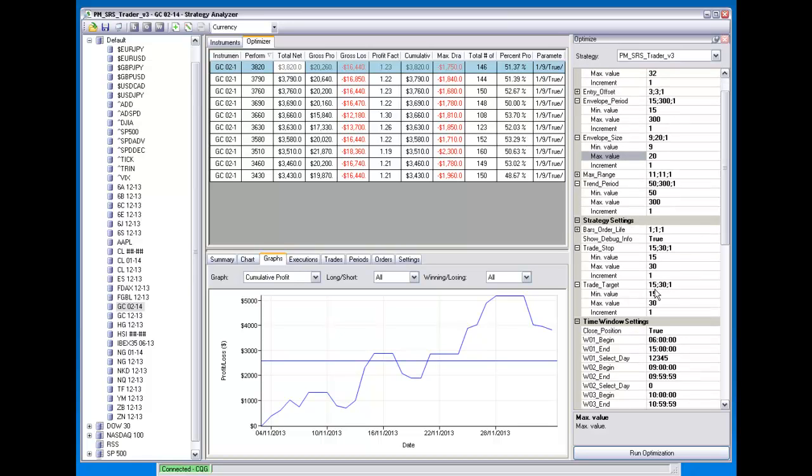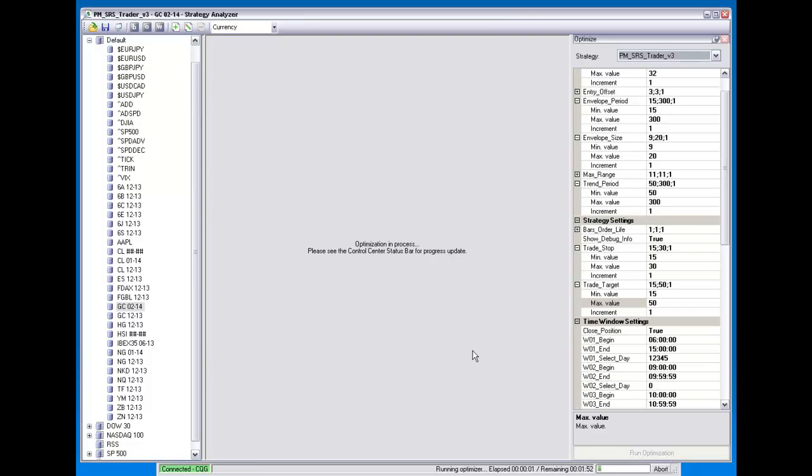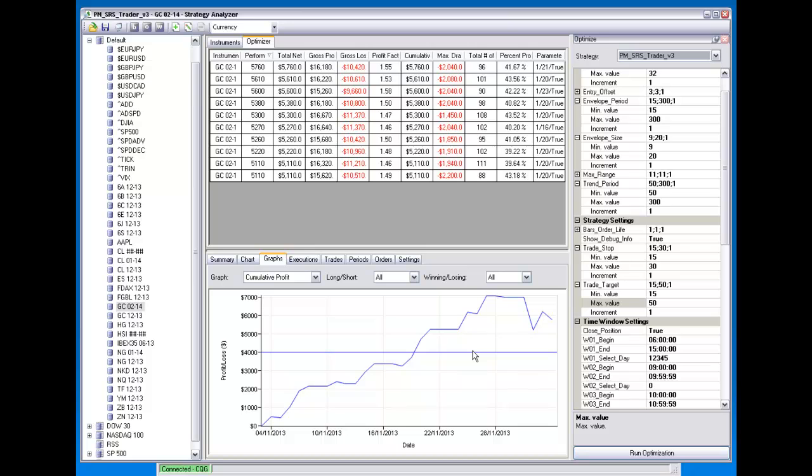I will not increase the size of the stop because I am not interested in a setup using a bigger than 30 tick of stop. Now we get a much better equity curve. There is some drawdown,